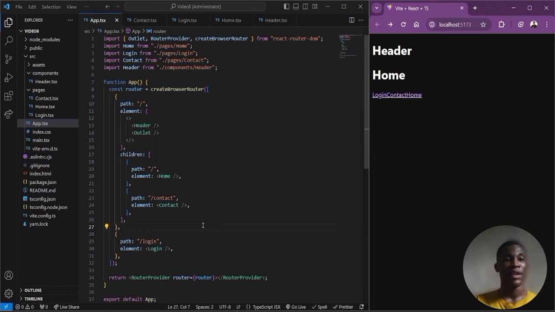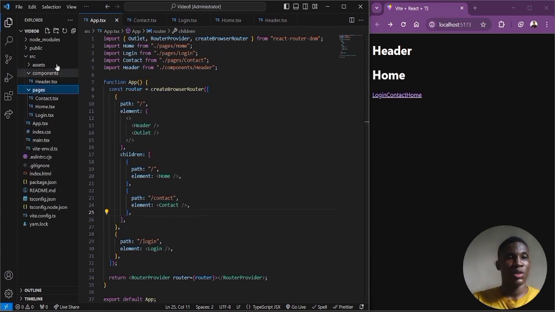React Router specifies something called dynamic routes. You can actually specify a route that you know is going to change. So now let's say I want to create a product page. So I'll go to the pages, and simply say product.tsx,